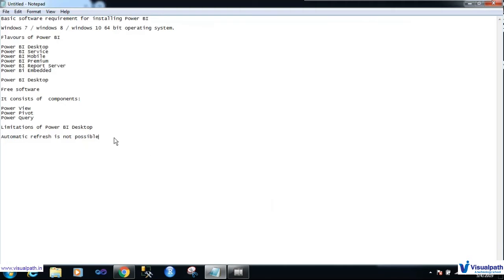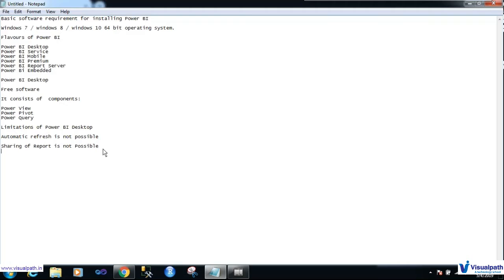Second point, sharing of reports is not possible. If you want to share this report in Power BI itself with a different Power BI user, you cannot do that in Power BI desktop.